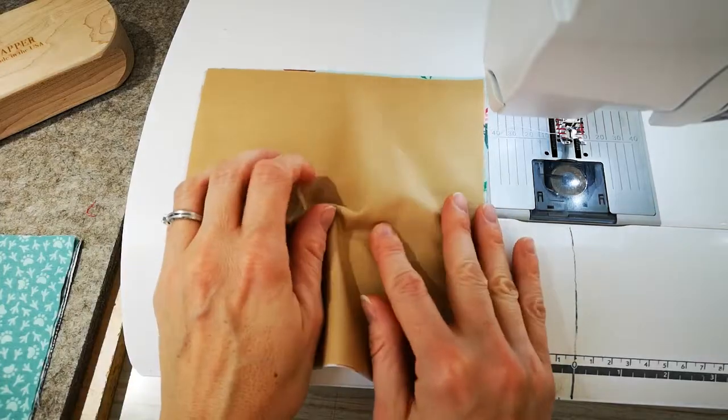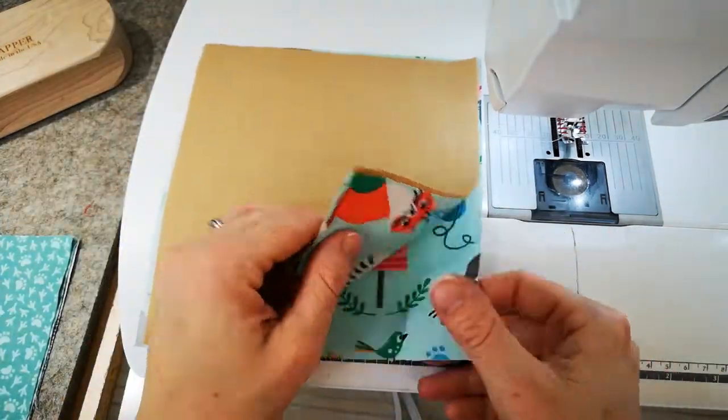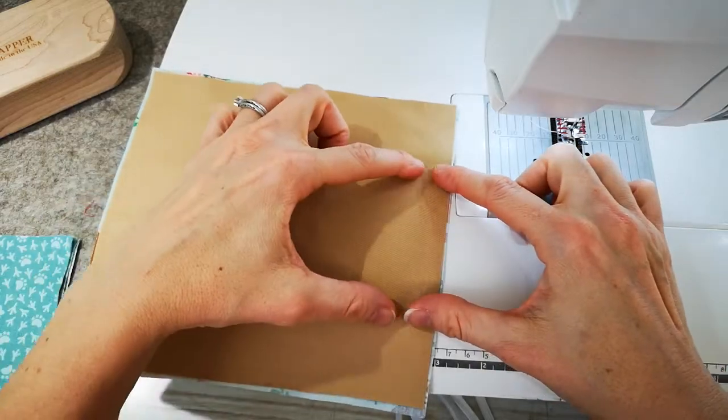I just love how soft, but how tight the weave is on it. So I'm going to do the 3 layers like that. So you have the 2 right sides together, and then the 3rd layer on the top. This is the bottom, so I'm going to start with the bottom, and I want to leave an opening here